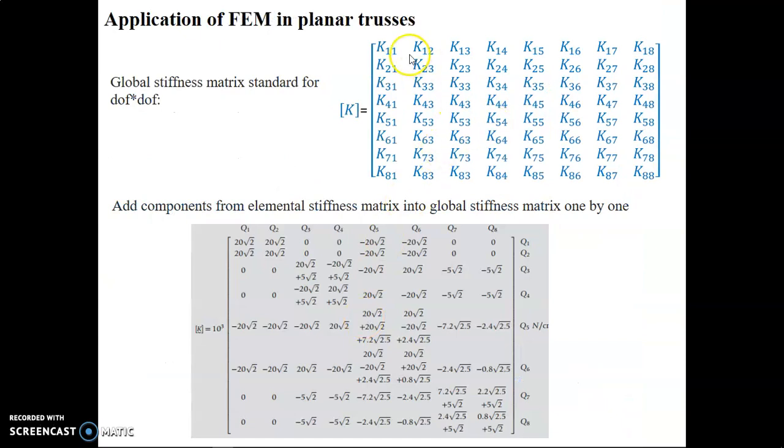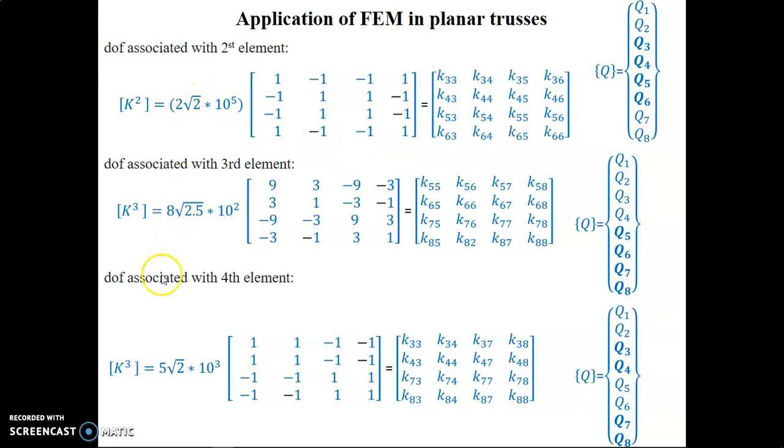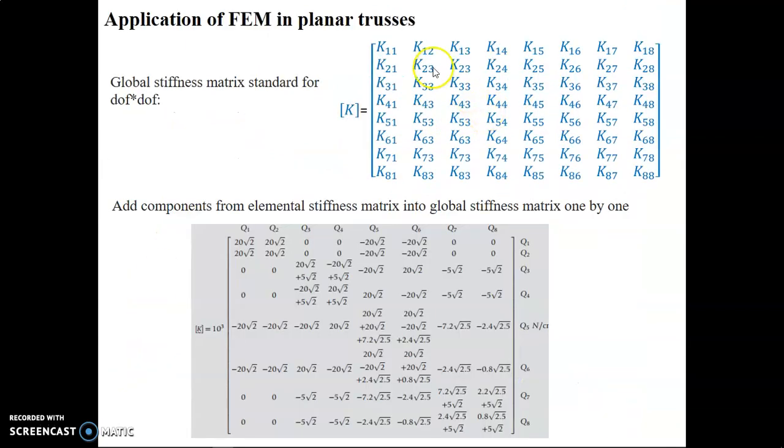And similarly, once the filling of the first stiffness matrix of the first element is completed, we will be going for the second, third, and fourth. So after adding all the stiffness coefficients in the global stiffness matrix, we will be getting some terms which will not be having any contribution from any of the elements. We will be reducing these values to 0. So this will be the shape of the final stiffness matrix obtained after getting the contribution from all the four elements.